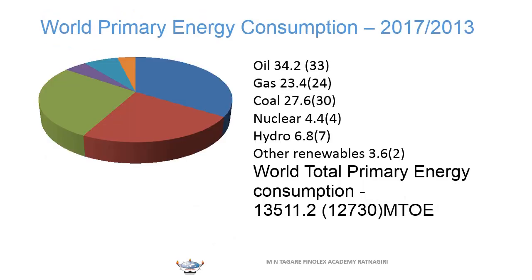Now here we'll see how the energy consumption in the world is changing. Here I have taken data of 2013 and 2017. So if we see the oil share, in 2013 it was 33%, and now in 2017 it has come down by 0.8%, so it is 32.2%. Then the natural gas was more in 2013, 24%, and in 2017 it has reduced a little bit, to 23.4%. Now coal, in 2013 it was 30%,